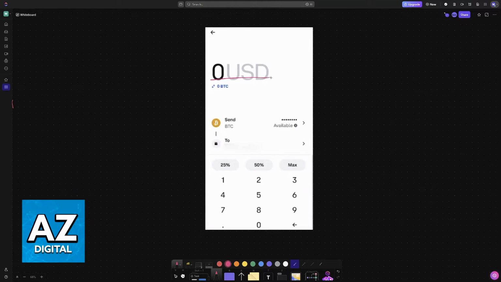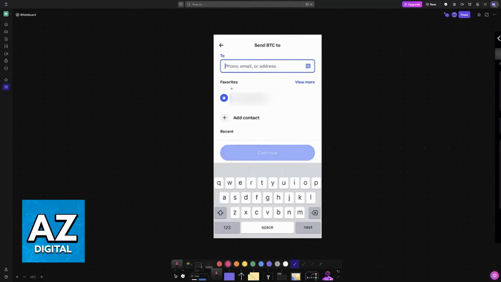The first thing that you will have to do is include the amount that you want to transfer in your local currency, such as US dollars, or include the amount in Bitcoin or the asset that you are transferring over. They are going to automatically convert the value for you. You will see how much you have available in your wallet here, and after you input the amount, you will be able to proceed.